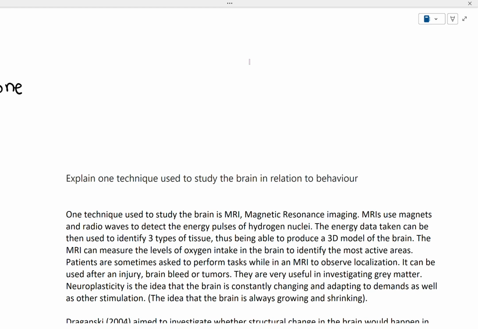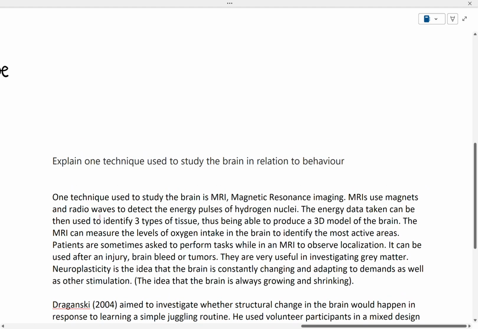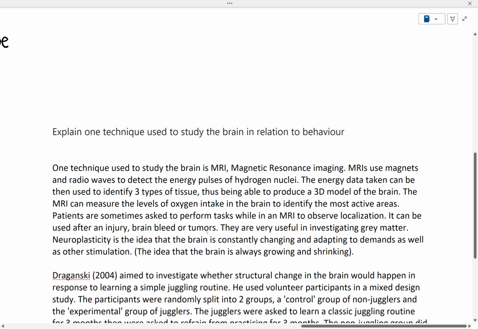Okay, now I'm just introducing neuroplasticity because it is quite a relevant topic in this study and throughout this biology topic. So I'm saying that neuroplasticity is the idea that the brain is constantly changing and adapting to demands, and I'm putting in little brackets what it is in a nutshell. And now